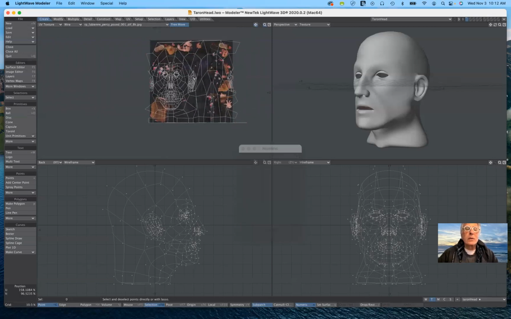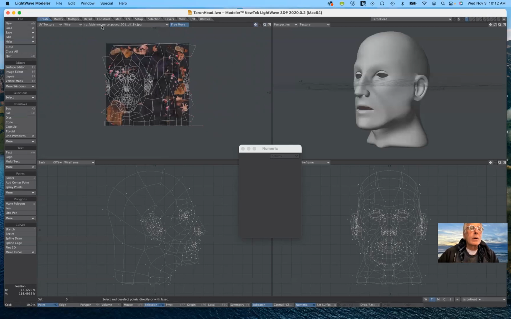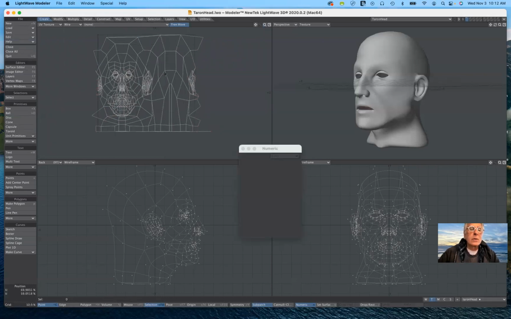But I don't want to see the image. So I'm just going to say no image for this. So this is the final version of this. And you can see it's splayed out. This is like if the man has been skinned. You can see that part of his ear is over here. Here are his eyes and nose and mouth and everything. And here's the back of his head, front of his head. Now, again, which one would you use to do this? Now, if I go ahead and I select new,